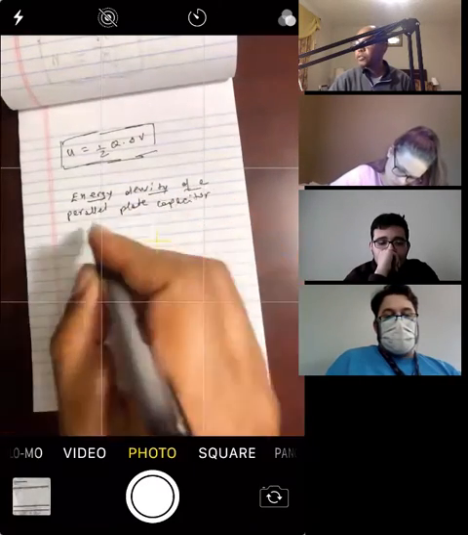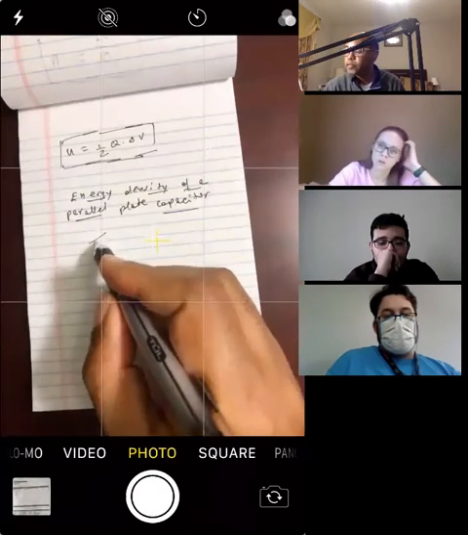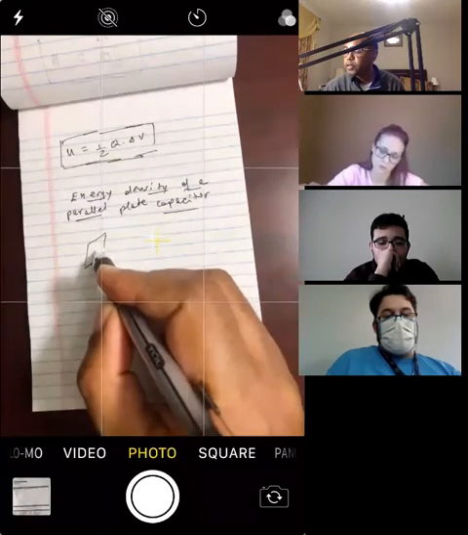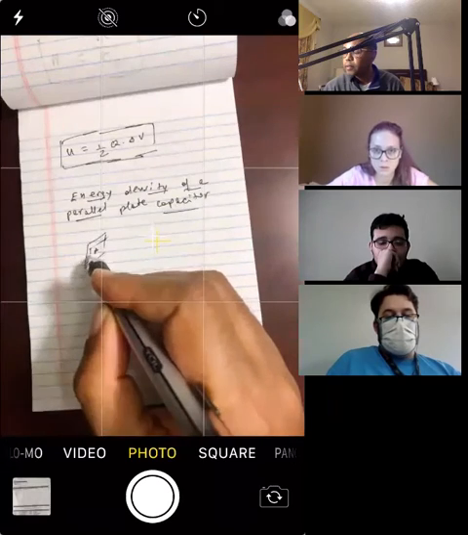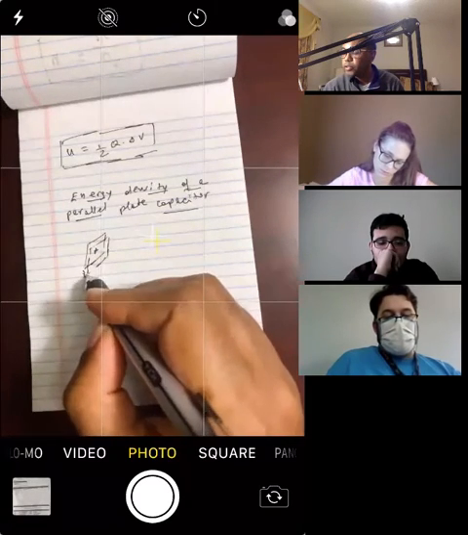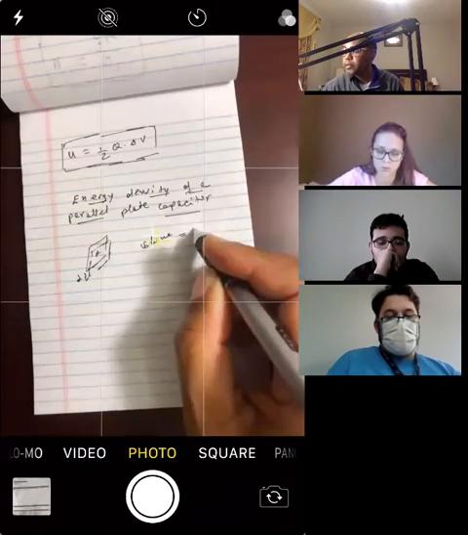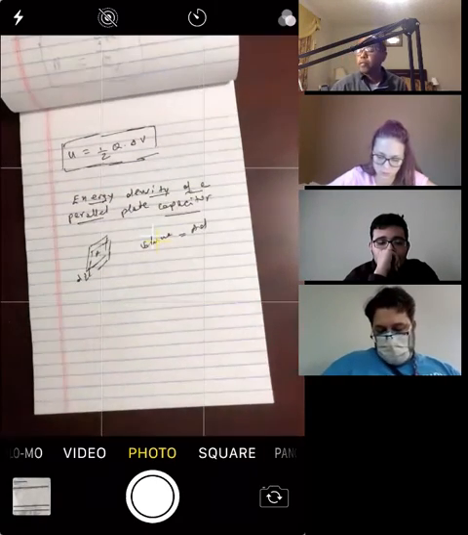What is energy density? It's energy divided by the volume. So let's say you have this capacitor over here. Let's say the area of this is A, and let's say the separation is D. So the volume between these plates is going to be A times D. And the energy density